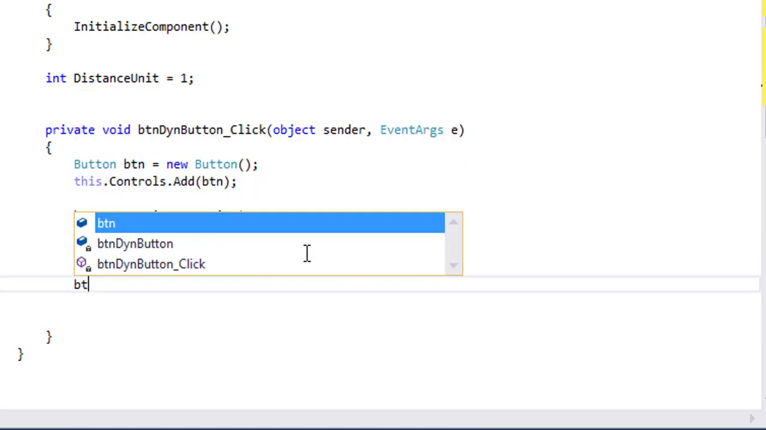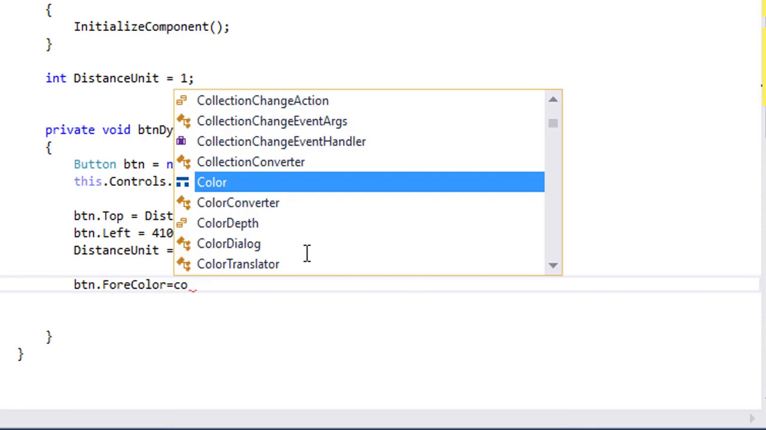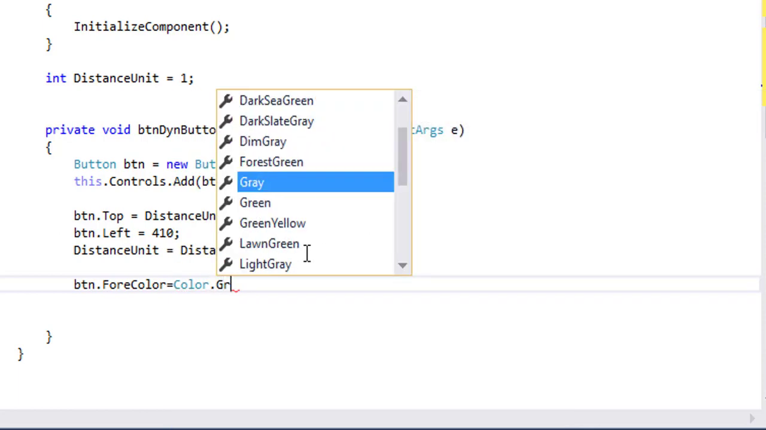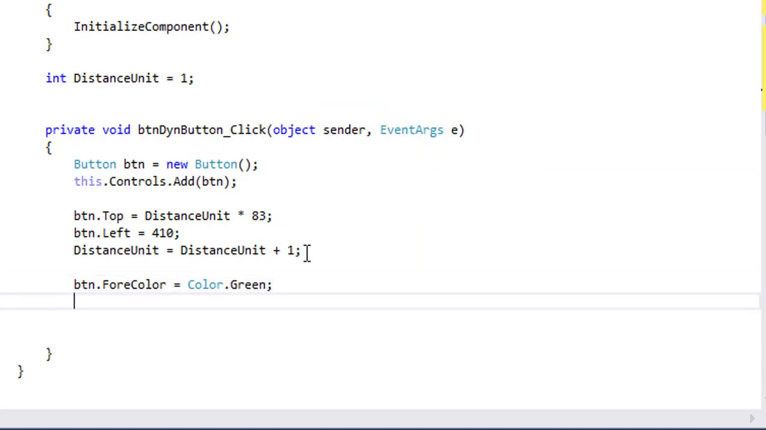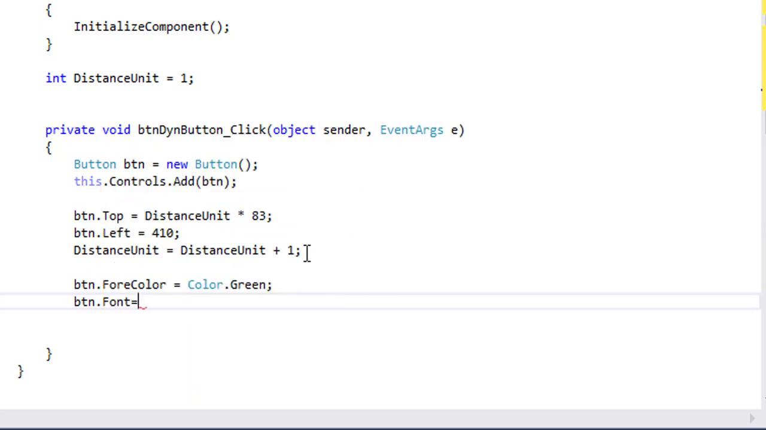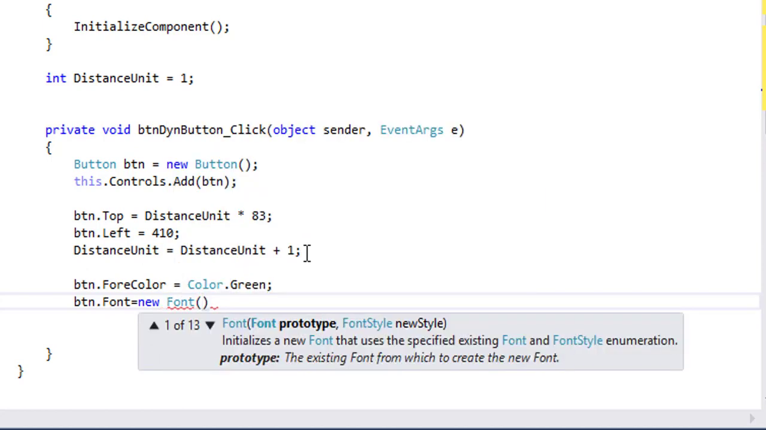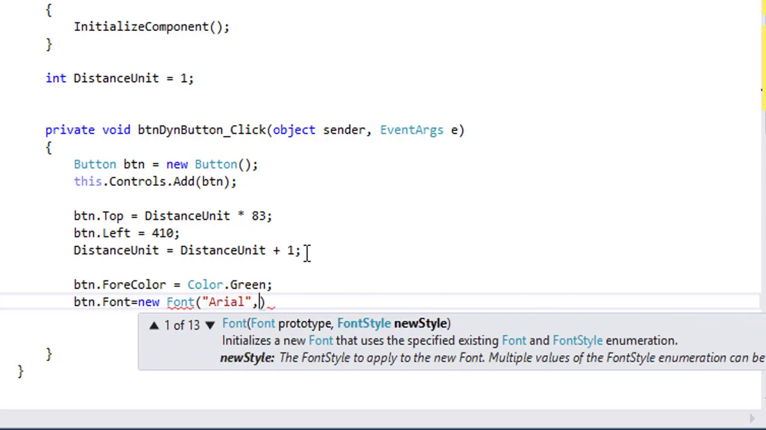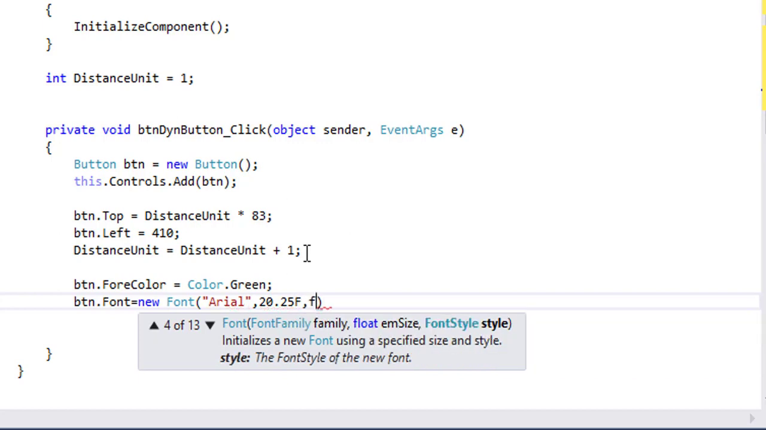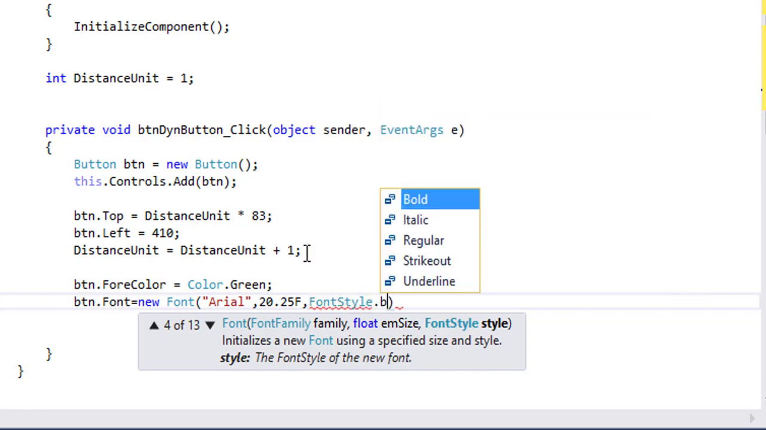Now I will add some properties in the button. btn.ForeColor = Color.Green. btn.Font = new Font, suppose Arial, 2.25f, FontStyle.Bold,